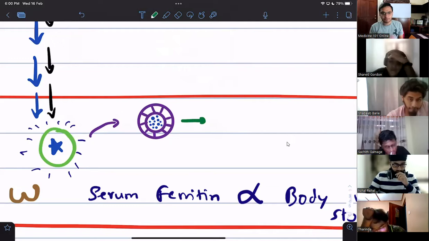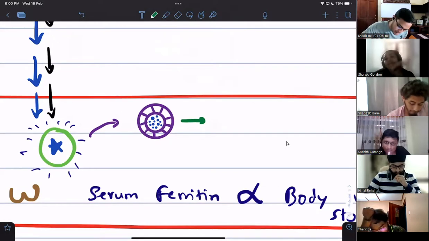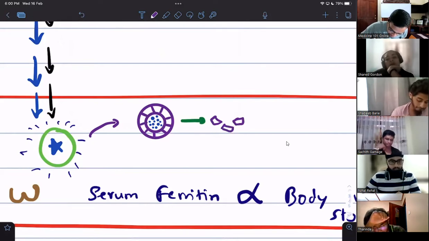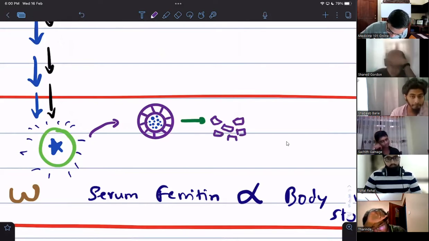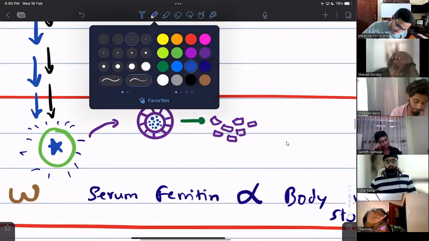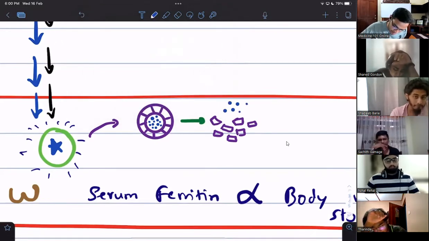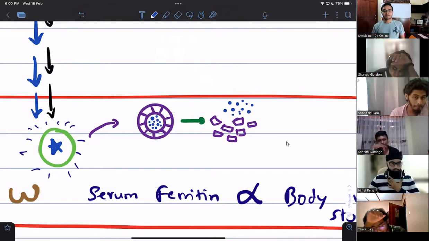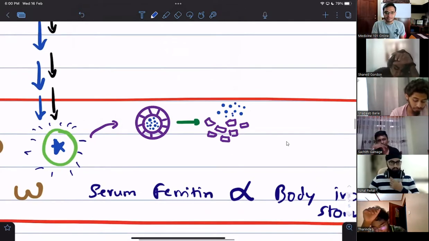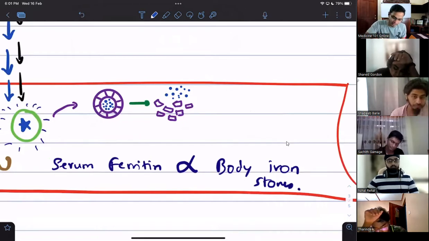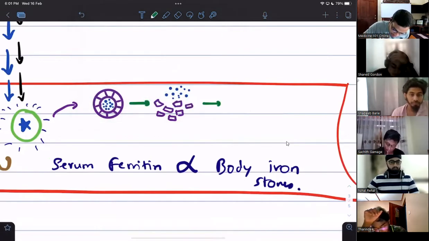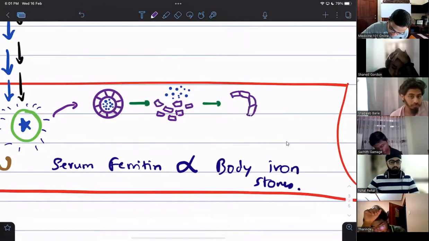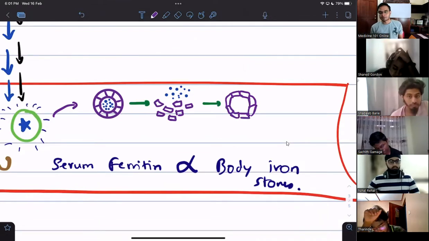Whenever they want to release the ferric ions, guys, this apoferritin molecule, the ferritin molecule, has a special property. It can disintegrate like this. These pieces can separate, guys, right? It can disintegrate whenever necessary and release whatever was in the middle to the outside, right? Okay. And then it's not done there. What can it do? After its job is done, it can reassemble, guys. Reassemble like this, right? And go back to the storage organs and wait for more iron to come. This is a special property.